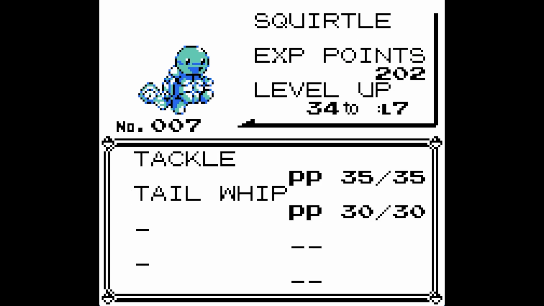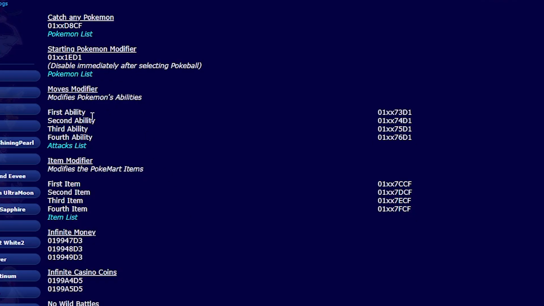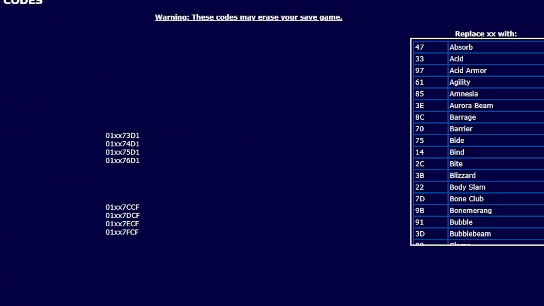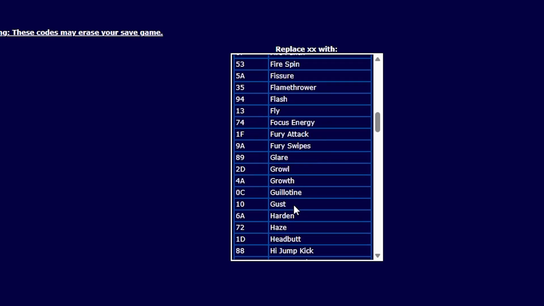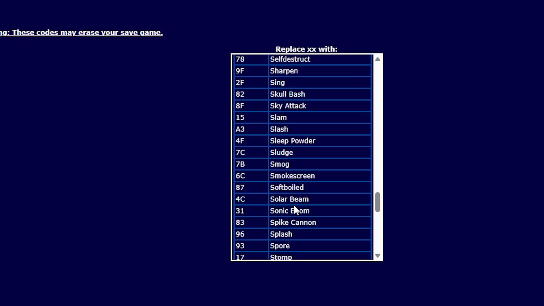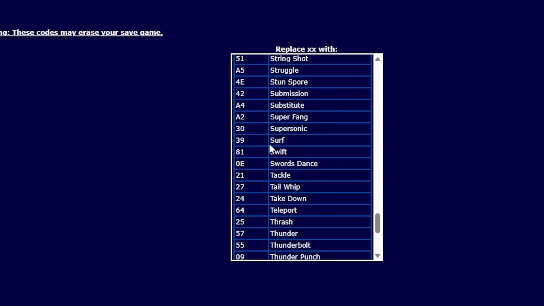Whether the slot is used or not, we're going to go to the Cypokes website again, and we can see the code for the 3rd ability, which in our example we know is blank. It has 2 X's in it, so by pressing on the attacks list, a menu on the right hand side then appears with what you'll replace the 2 X's with. So if we scroll through and we find Surf, we can see that this is 39. So the code in this instance would be